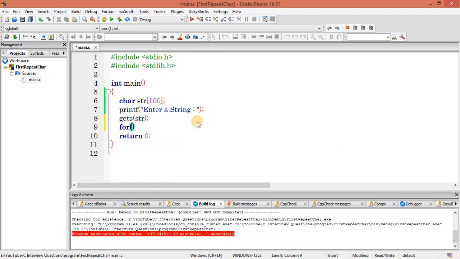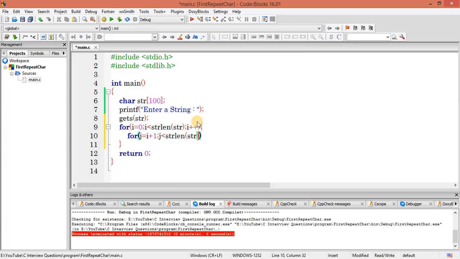Now let's create a for loop. I start from 0 and it will go up to string length of str, now i plus plus. Okay, next I will start from the next element, so i plus 1, and it will go up to less than string length of str.